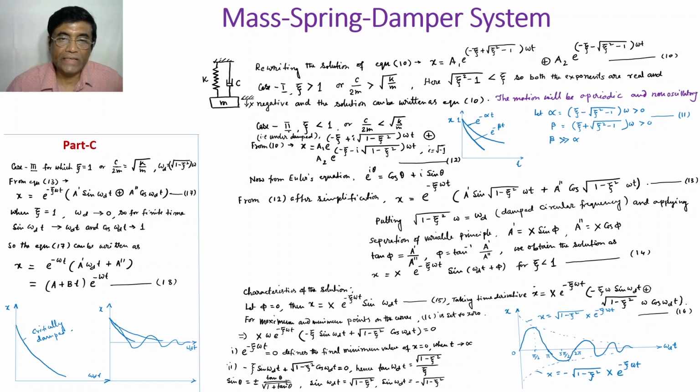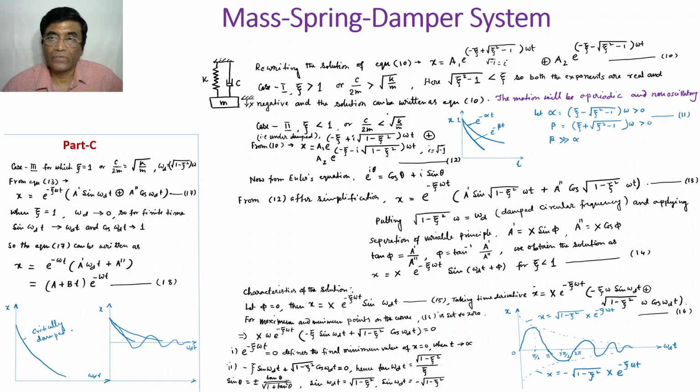Now let us consider case 2, when zeta is less than 1. That means c by 2m is less than root over k by m. This situation is called the underdamped situation. What you are going to observe here is that the quantity inside the root will be negative definite. So if I say root over of minus 1 equals i, then I can write